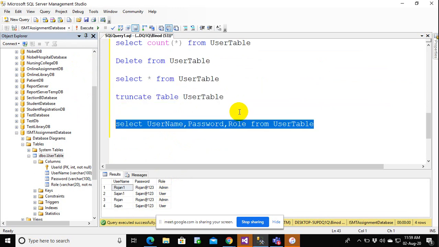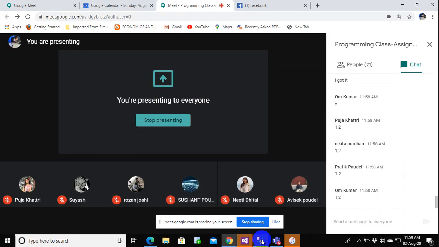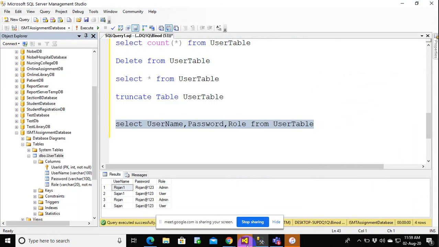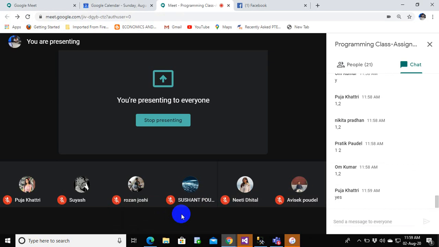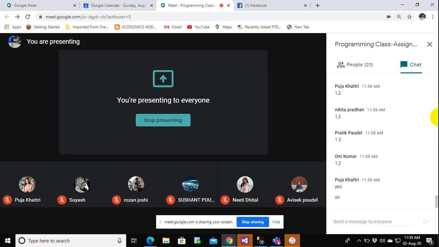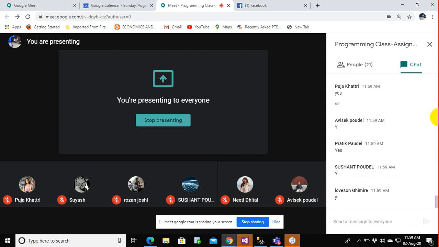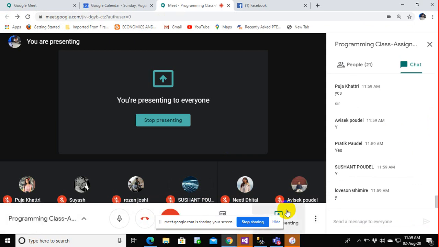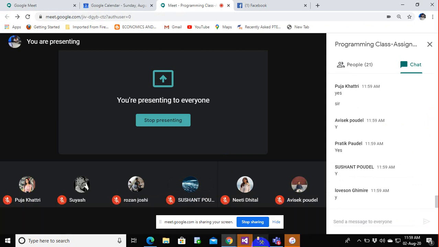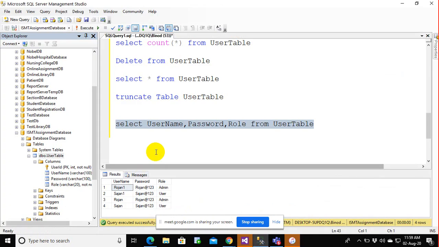Now let me come to one more last query, everyone, which is more important, and then we can end today's session. So are you clear till here, everyone? If you are clear, please confirm by writing yes. Yes, Pooja, Abhishek, yes, excellent, everyone. If you have understood this, then let me go further and teach you some more magical tricks.